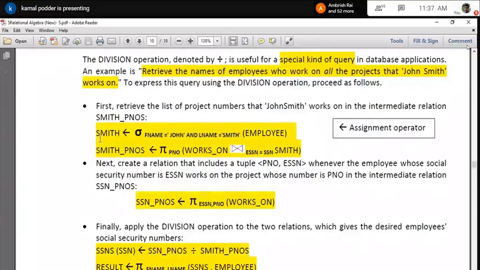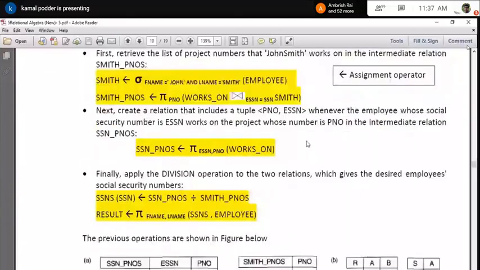Now come to this. I join this with Works_On, which is another relation where I have the SSN number and project number records of all the employees. I have the SSN number here, so naturally I join on the basis of the SSN number. In the Works_On table that same field is called ESSN, meaning employee SSN number.